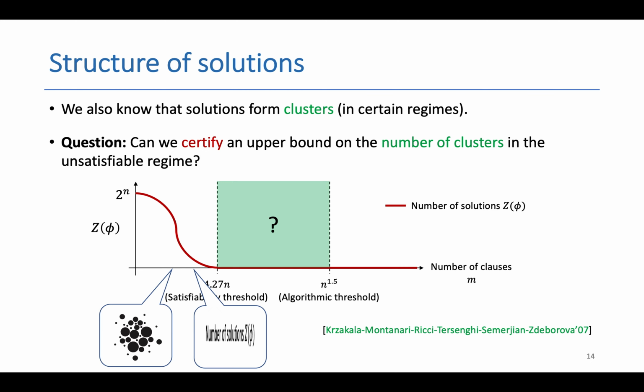And actually, let's get some slight inspiration from what happens in the regime where we actually have satisfying assignments. It turns out that there are several phase transitions for what the solution geometry looks like. In particular, when the threshold is low enough, you have one giant component of solutions, and then the solutions form exponentially many clusters which are far away from each other, but each cluster has exponential size, and so on.